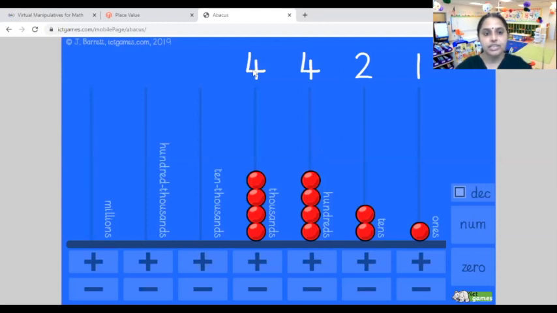Now let us try to count. We had 3 in the thousands place and 1 was carried forward, which makes it 4. But we have to add 2 more. So let us see. What are we getting? We are getting 6 here. So the answer when we add both the numbers is 6,421.